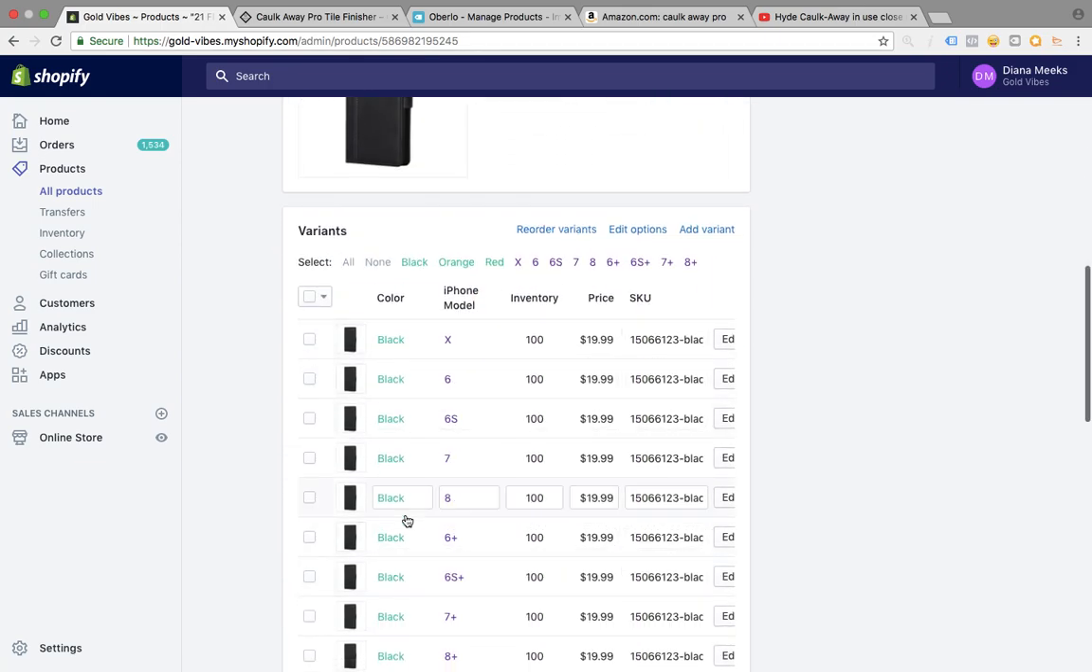But see how they have a lot of variants. Now what you want to make sure is that these variants say the right thing. Because sometimes when we import it from AliExpress, say for example, what if it's a phone case, and instead of saying iPhone model here, it says